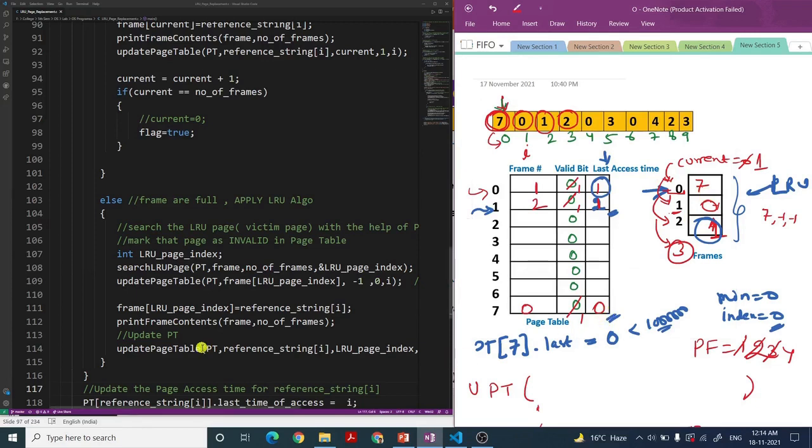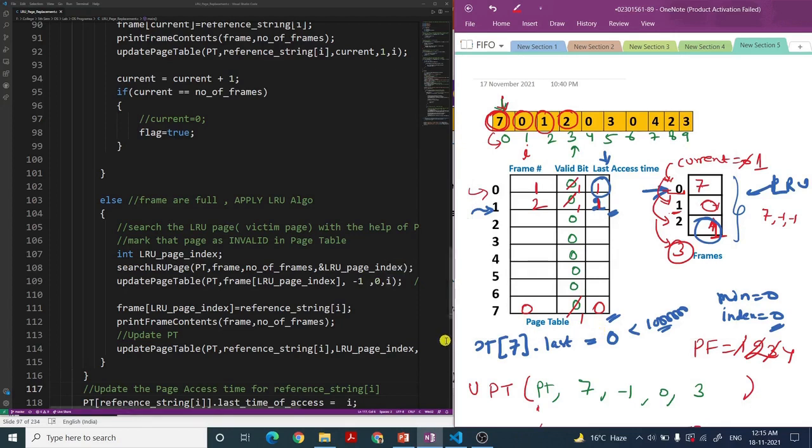So basically if you see, we are passing the page table and the frame LRU page index. So the frame array is this, LRU page index 0, that is 7. We are passing 7. For 7 we are saying this is the frame number. The third entry is -1, that is, you can update this to -1. Valid bit will be set to 0. And here I am passing this i, for current time it is like 3, but as I said for 7 this time should not be touched. There is no need, but then also I am passing i.